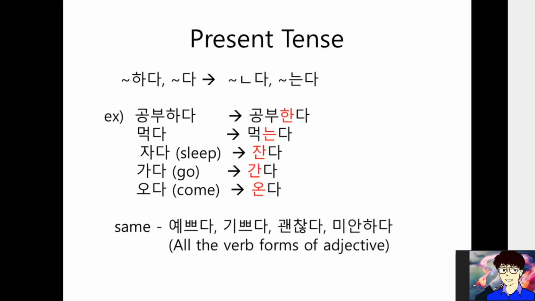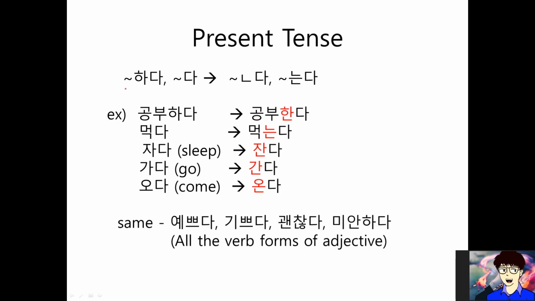Actually, we already faced present tense. Remember the sentence styles classes, right? The forms that we learned were all the spoken Korean sentences in present tense. Then, what are these forms? These are also present tense, and we use this form mostly in written Korean sentences, like a diary or some books. The forms of verbs are like this. Blah blah 하다 and blah blah 다 is a base form of Korean verb, right? So blah blah 하다, blah blah 다 has to be changed like blah blah ㄴ다 or blah blah 는다.